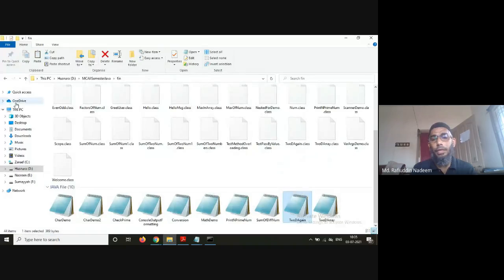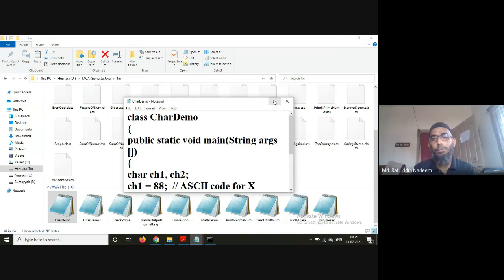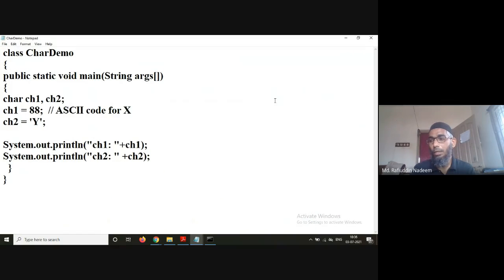So we'll move on to the next topic now. One or two simple topics are there. The other thing here is about characters, how character values are stored. See here, 2 characters are declared, and then I'm saying ch1 = 88.